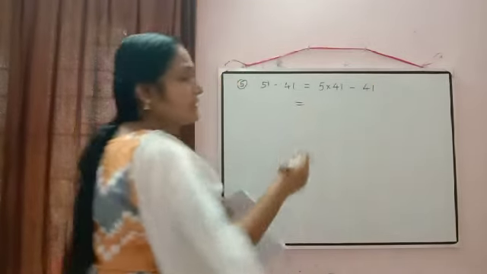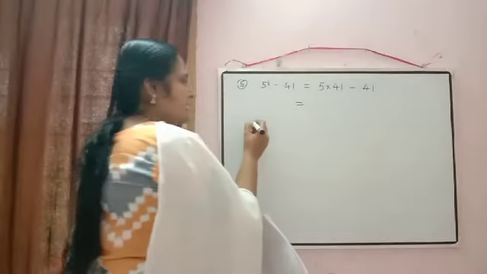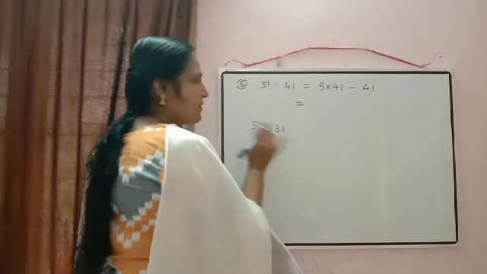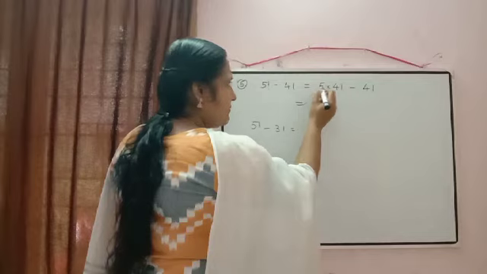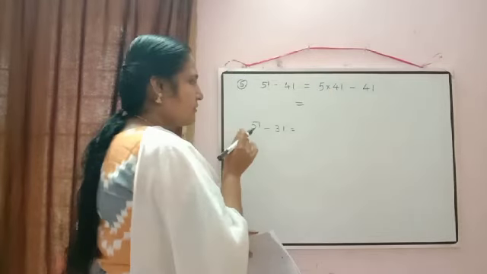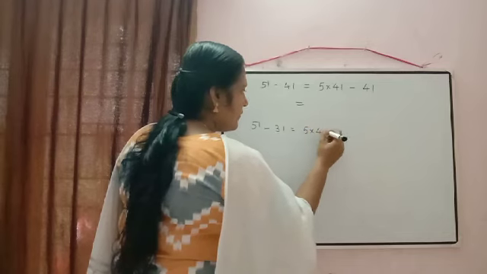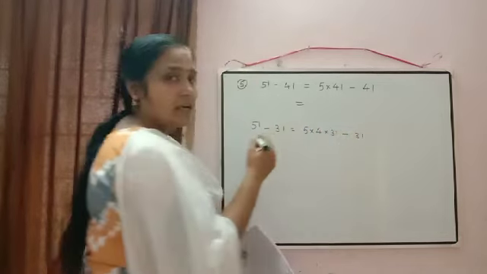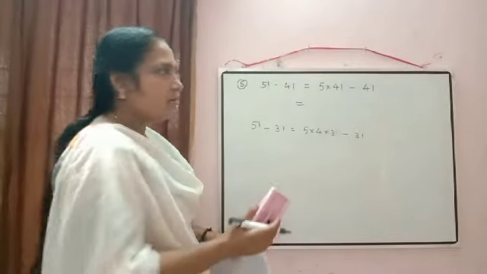Now here it depends on the question. In place of 4 factorial, suppose the question is 5 factorial minus 3 factorial. Then as we wrote here, 5 can be written as 5 into 4 factorial. If the question is this way, then we will rewrite it as 5 into 4 into 3 factorial, then minus 3 factorial. So you have to use the concept according to the question.